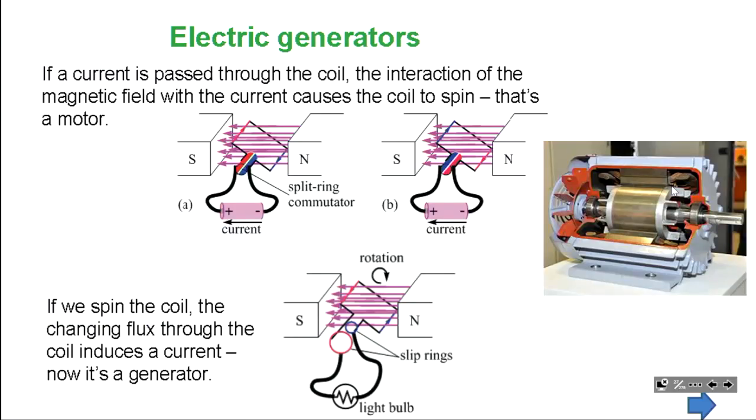Now, a couple more slides on practical applications. First, generators. A generator, as we know, is a combination of a permanent or electromagnet and a coil which rotates, like this one, and it generates electricity. We know why, because when it spins in a magnetic field, the flux through each individual loop changes. That should induce